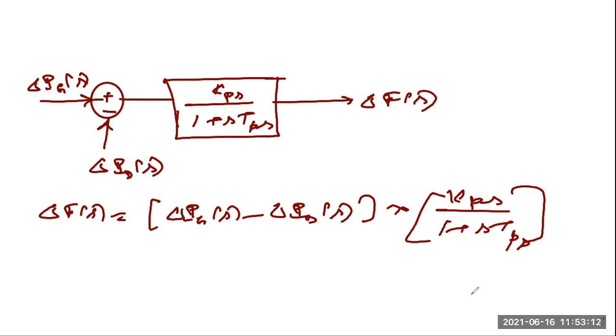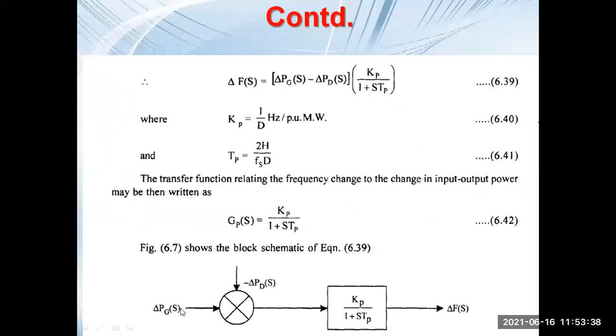This particular derivation, the block diagram. Yes or no? Is it okay? Yes, sir. Okay. So this is the final block diagram. This is delta Pgs minus delta Pds, and this is a block Kp by 1 plus S Tp, and this is